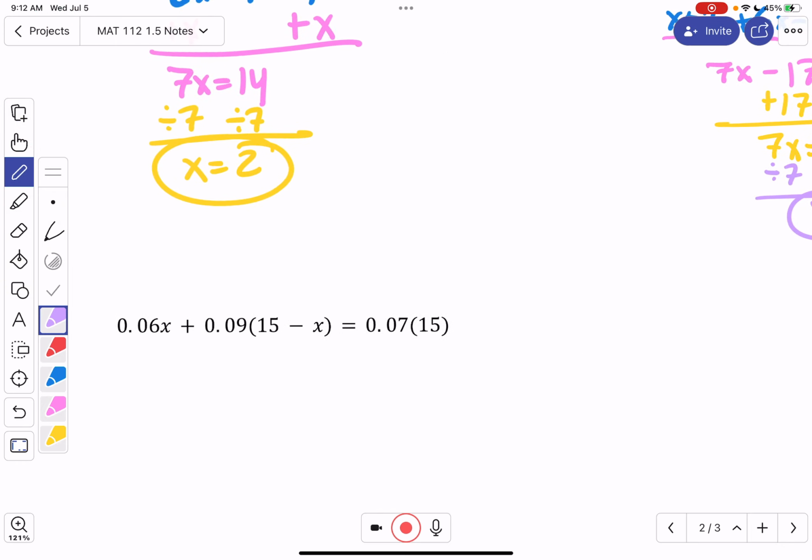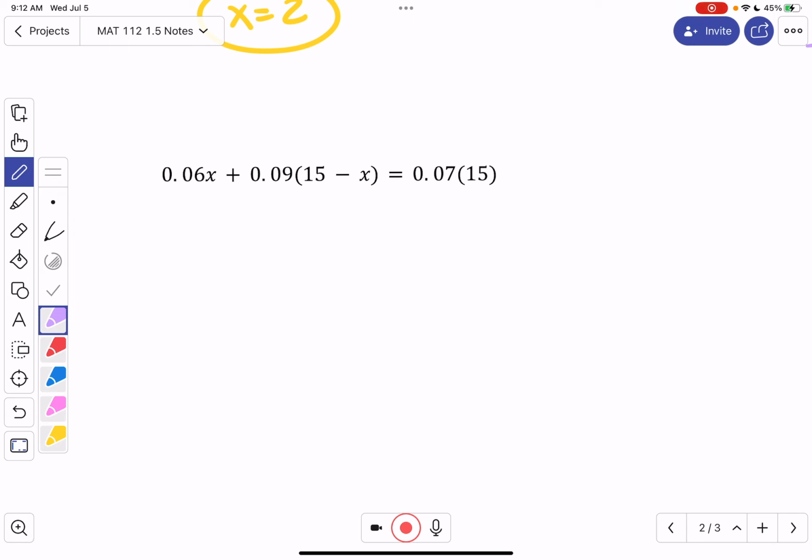So like fractions, decimals shouldn't scare you because you can get rid of them. So we figure out the greatest place value. So these go to hundredths, meaning 2 decimal places. So we're going to multiply each thing by 100. So this term would become 6x. And this is all one term because of the multiplication. So if I do that times the 0.09,